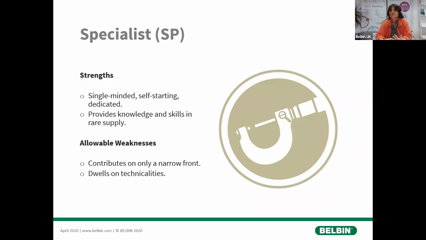The people who sometimes don't have a job, they have hobbies that they happen to get paid for, because they have such joy and fulfillment in the area that they have chosen. Because of this, they tend to, I find, have lots of letters after their name, because they have really professional, high standards. They're the ones who want to find out more about something. They don't do bullet points. However, they can just contribute on quite a narrow front sometimes, so you need the rest of the team to ensure that they are getting the benefit of their depth of knowledge. But there we have it. We have those 9 team roles, those 9 behaviours